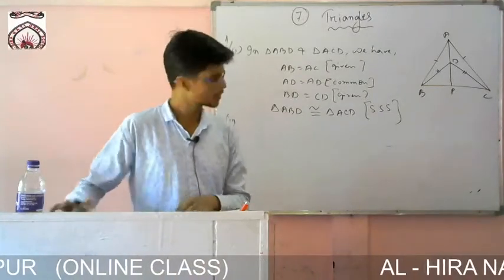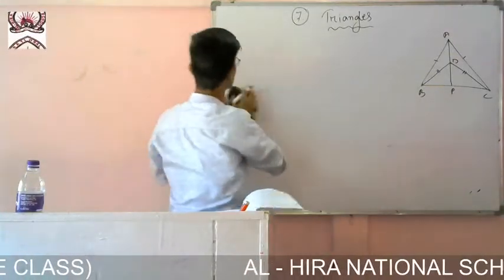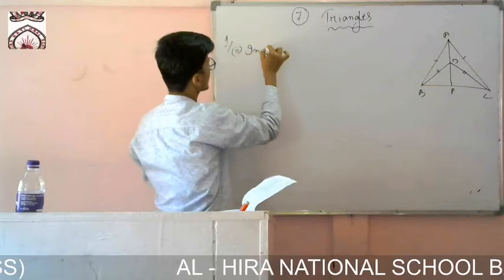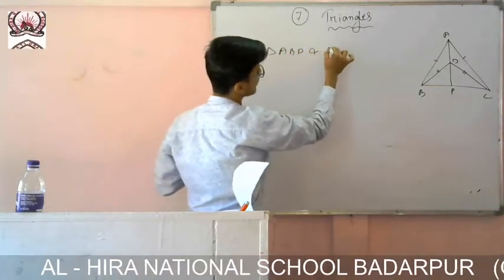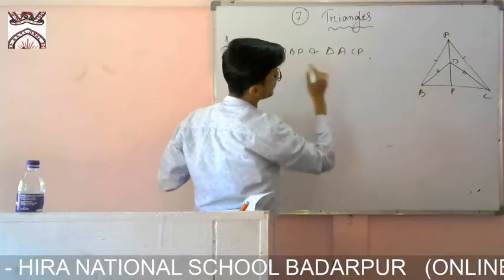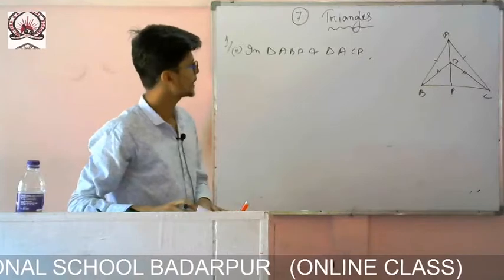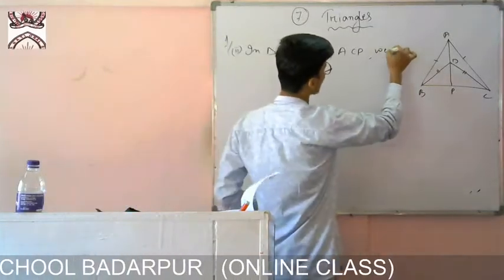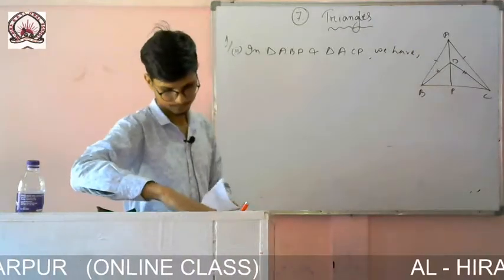Let me erase this and write. In triangle ABP and triangle ACP, we have